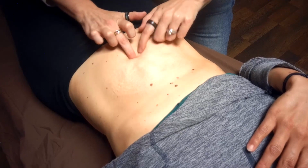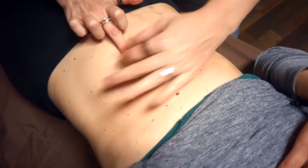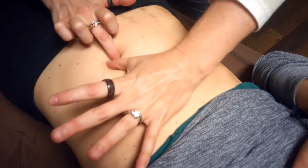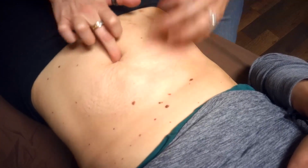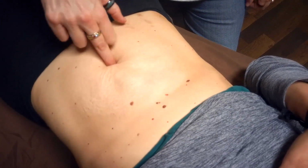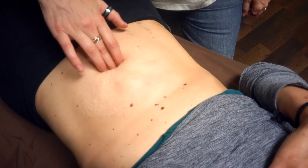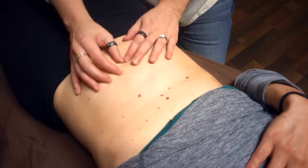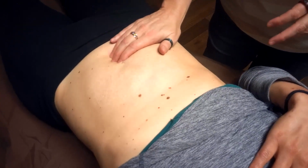Okay. Awesome. Okay, guys, so just so you know, I'm not making this up. So here's her muscle belly right here. And here's her muscle belly right here, like the lateral border or the medial border of this muscle belly, medial border of that muscle belly. So she's at a roomy 1. I could not, right there's the belly. If I tried to put that in there, there's the belly right there. So she's at a roomy 1 for that. So that's good. So she went from a 1.5 to a 1 with this. So that's awesome. Now for the inferior one,